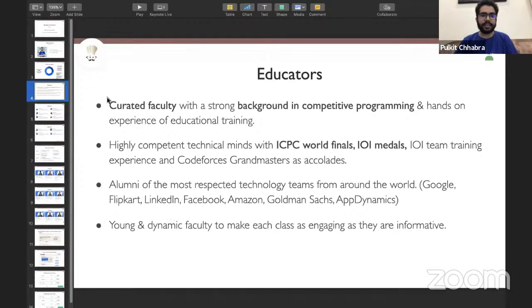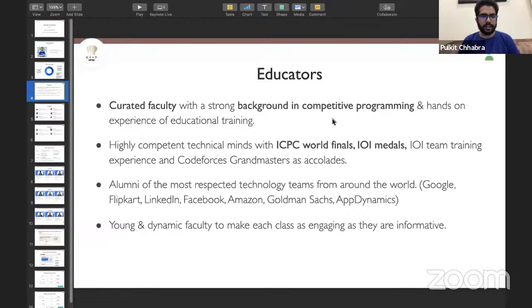In my honest opinion, not just because I'm associated with Unacademy and CodeChef, when I came to know about what they were planning and saw this list of educators, I was really excited to be working with them. Most of the educators have a really strong background in competitive programming, and I believe that being good at competitive programming alone is not enough to be a good teacher. So they've made sure that the educators do have experience in teaching as well.